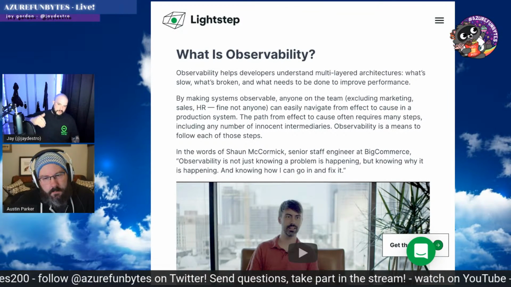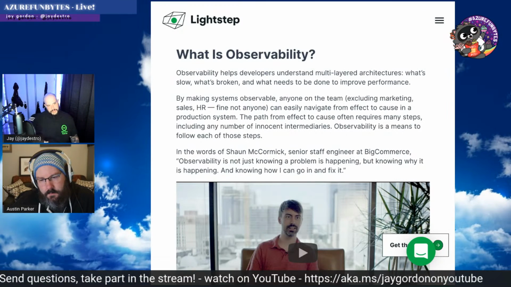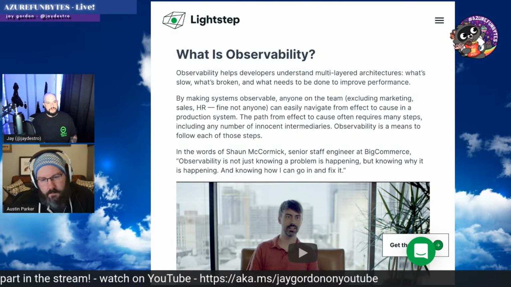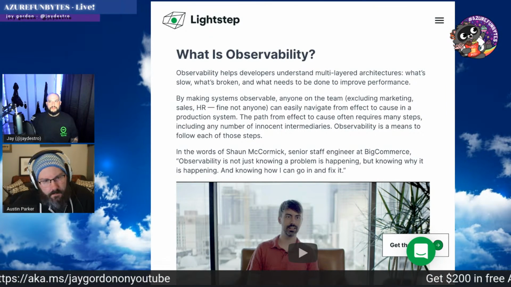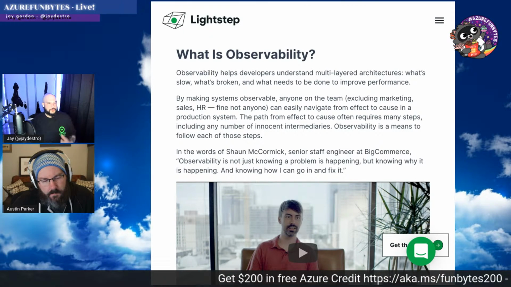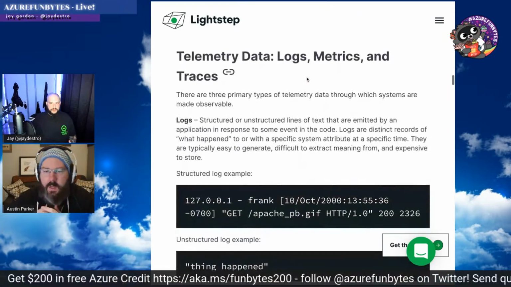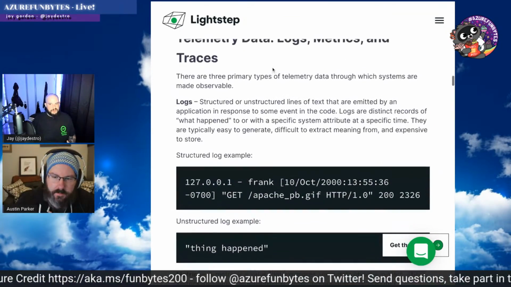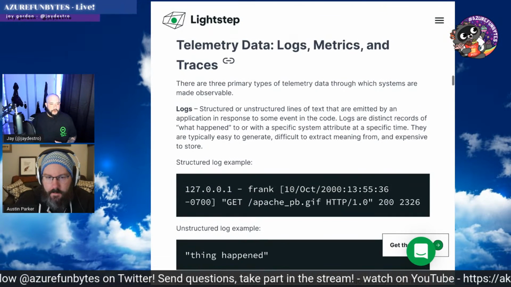But then there's the next level down, I think. When you get under monitoring, there's more information to be learned. And I think, Austin, you can tell me a little bit more about that information that we get from observability rather than just going through standard monitoring. Because logging data is only going to give me so much.